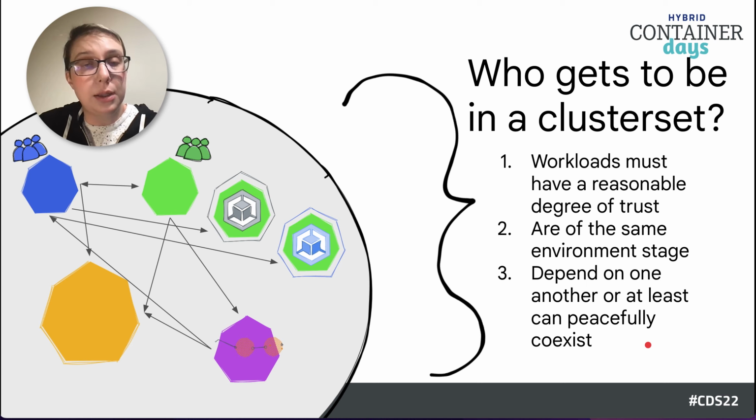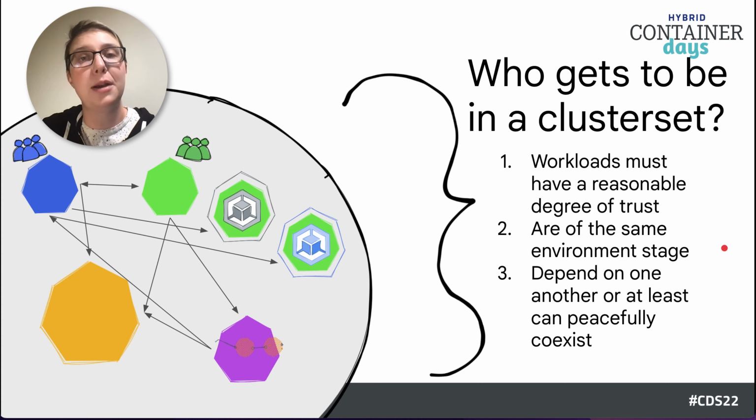So moving on a little bit, a question that comes up a lot is who gets to actually be in the cluster set. So depending on the size and scale of your organization, how many clusters you're actually talking about right now, or how many clusters you're talking about in the future, slicing this up, figuring out who gets to be in the cluster set, who needs to be in the cluster set or not, can be quite an exercise. So if we could distill it down to just a couple main precepts about who gets to be in a cluster set: the clusters that are in that cluster set, their workloads must have a reasonable degree of trust. So coming back to what reasonable means, but they need to have some amount of trust with each other.